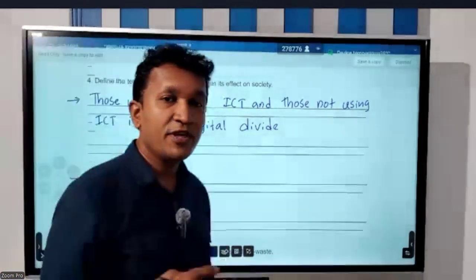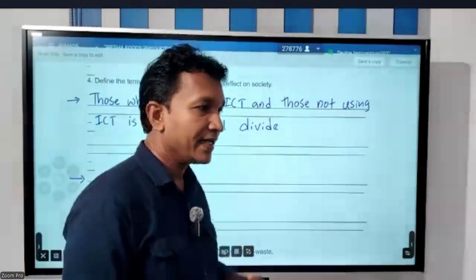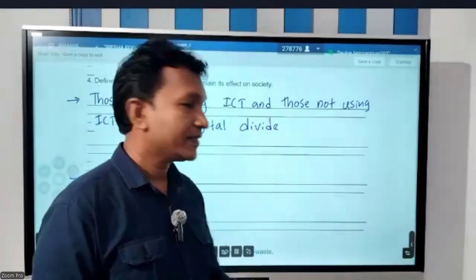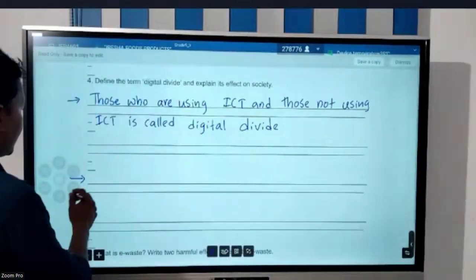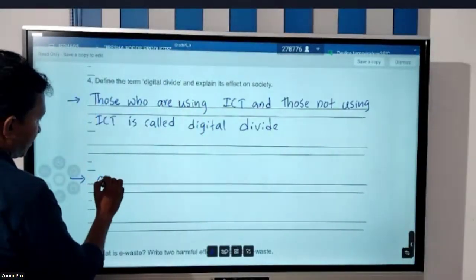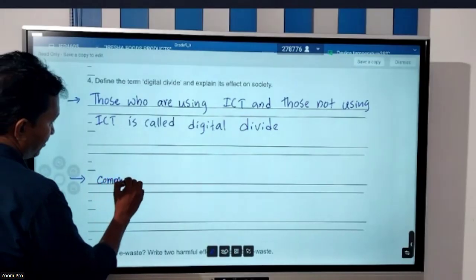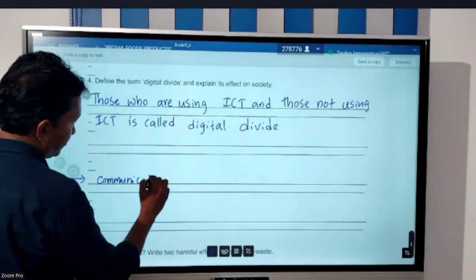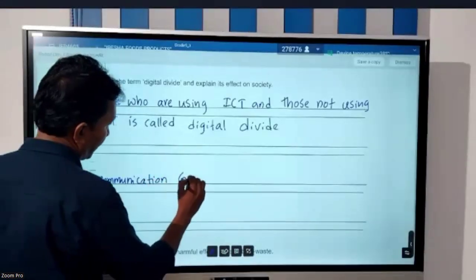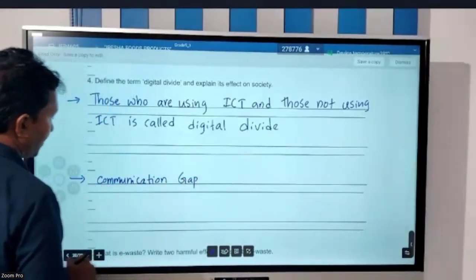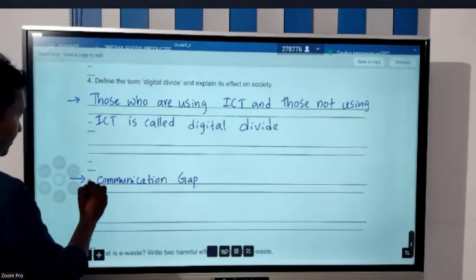So there is a communication gap, right? And the communication gap is there. Communication gap,